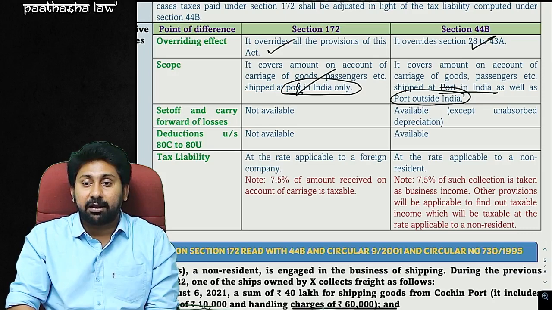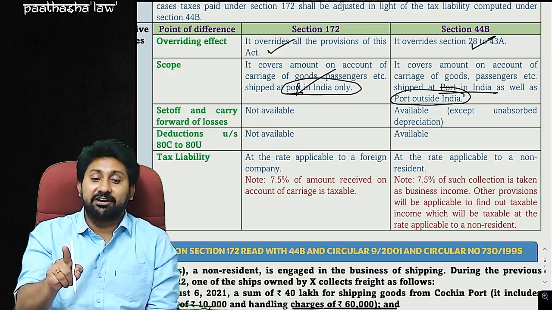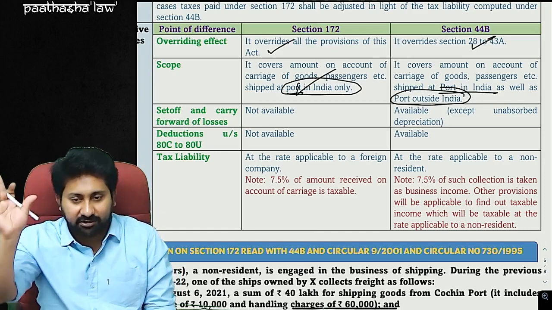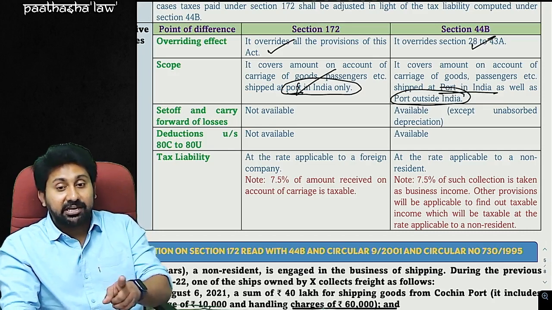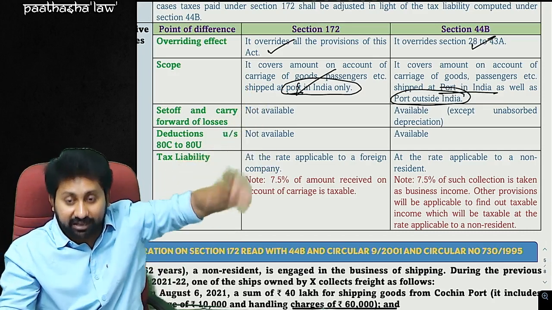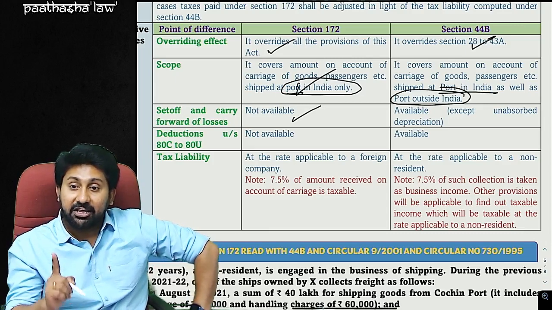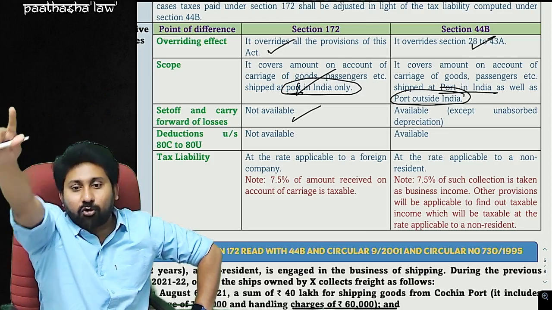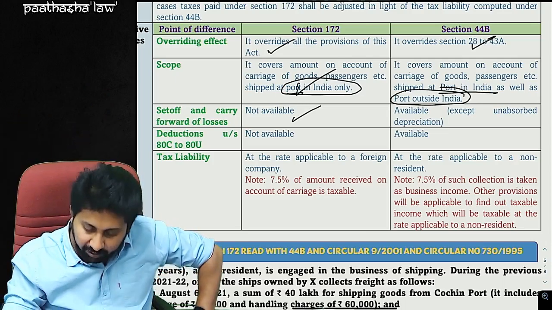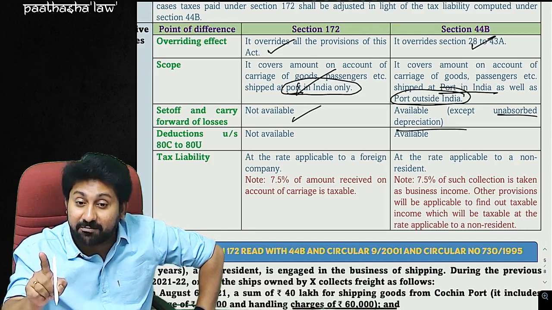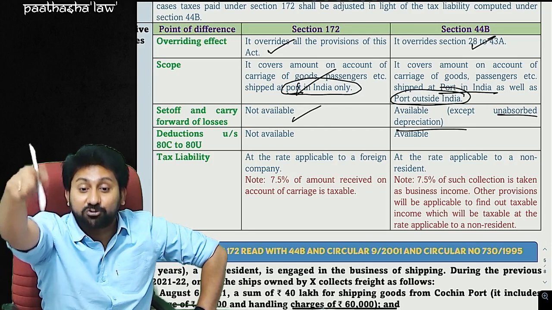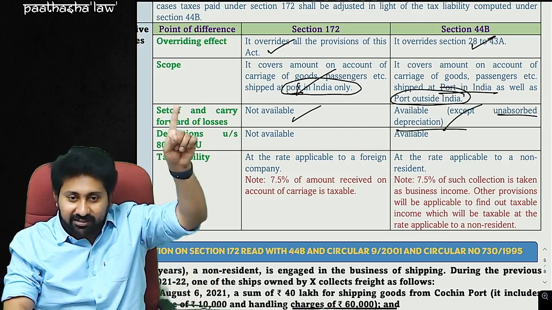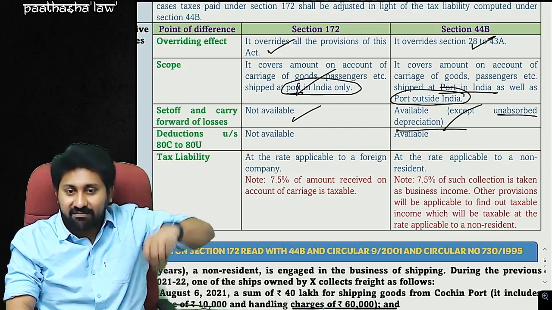Set off and carry forward applicable or not applicable? If you adopt only 172, you will pay ad hoc tax, 7.5% income and on that 40% tax. Over. Your game over. No set off, because notwithstanding anything contained in other provisions of this Act. So not applicable. But if you are having other sources of income where there is a set off of loss, better you also go for 44B. Okay, 44B except unabsorbed depreciation, because unabsorbed depreciation comes under the PGBP chapter, it overrides 28 to 43A. Sir, fastly I am going through. I can explain this provision for 3 hours also, but in 1 hour I have to complete everything.